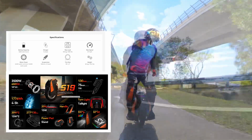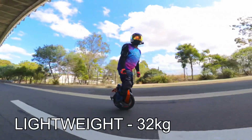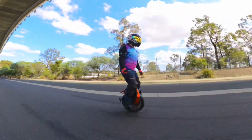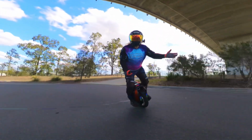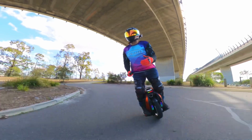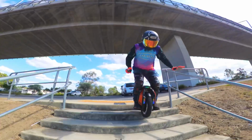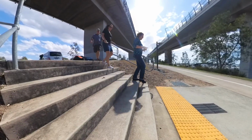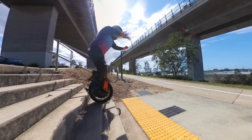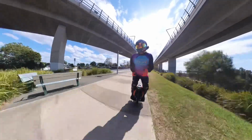I'll start, I guess, with one of the big benefits of this wheel, which is the weight. Lately we've had such a big range of heavy wheels. I think it's nice to see something a little bit smaller for the people that live up those stairs or need to get it in and out of the car, or slightly smaller riders. And the plastics, I've learned, are pretty tough on EUCs. I've put a few crashes through my V11 and the V13, and the plastics on board have held